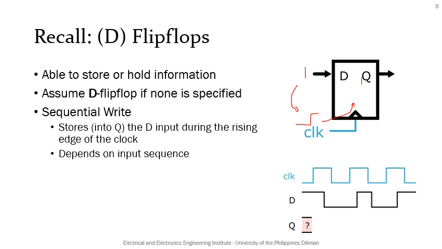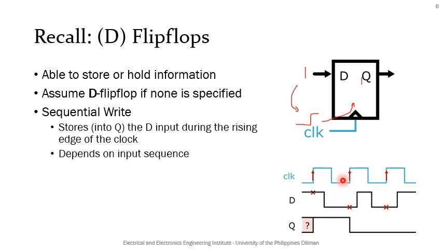We must first note the input values when the clock rising edges occur before we can determine the output Q. At the first rising edge of the clock, the D input value is 1 and therefore the register will assume a value of 1. At this point, the D input value changed, but since the flip-flop does not care when the D value changes and writes are only triggered by rising edges of the clock, the flip-flop will still retain its value 1.